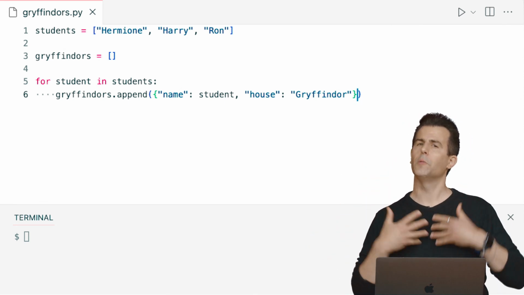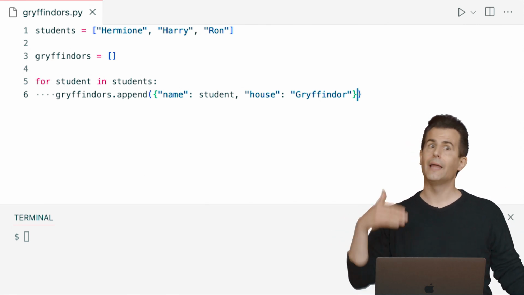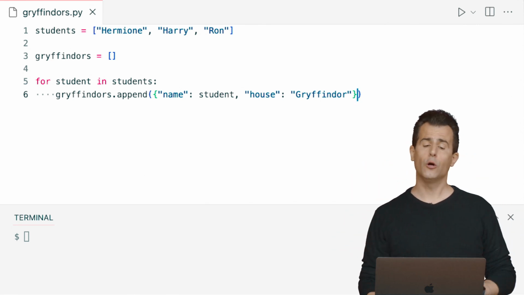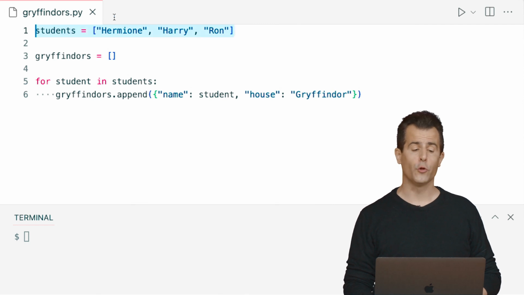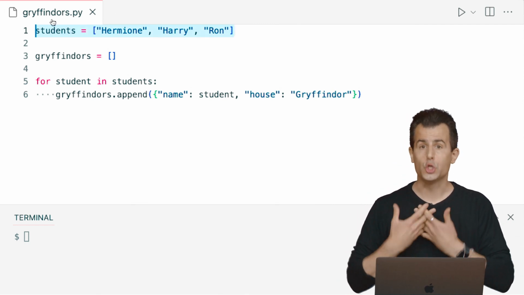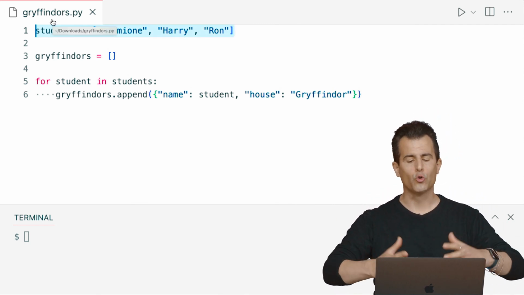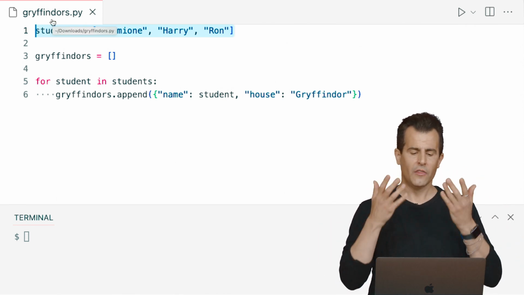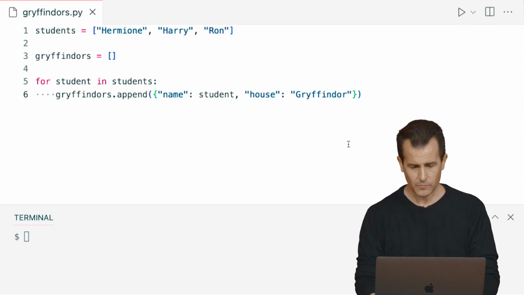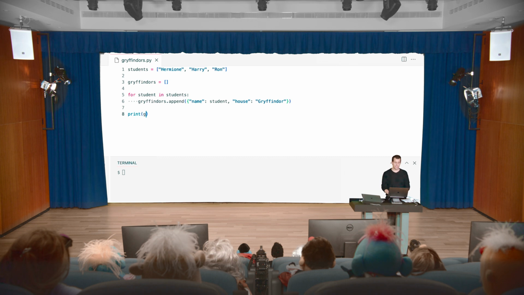So it's sort of a step back from the previous version where I already had the names and the houses. For now, just assume that the problem is I have all of their names, but I don't yet have the student dictionaries themselves. So I'm rebuilding that same structure that I previously took for granted. Now let's go ahead and just for the sake of discussion, print out these Gryffindors so we can see what we've built. If I run python of gryffindors.py in my prompt, I see a bit of a cryptic syntax,